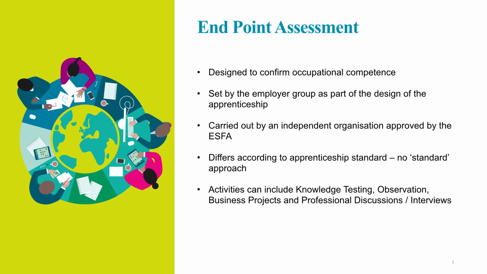Like I said earlier, there isn't a standard approach to EPA, but retail, just to give you an idea, is levels 2, 3 and 4. So retailer, retail team leader and retail manager. The retail team leader is a level 3 standard and a retail manager is a level 4. All have very similar